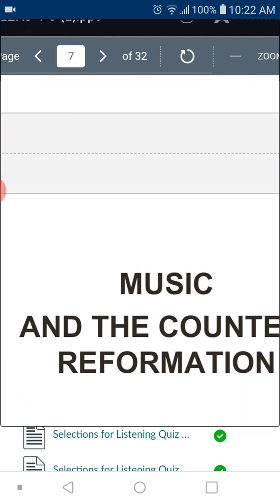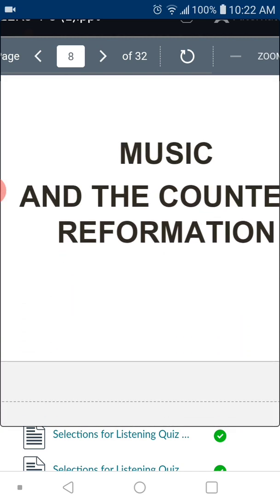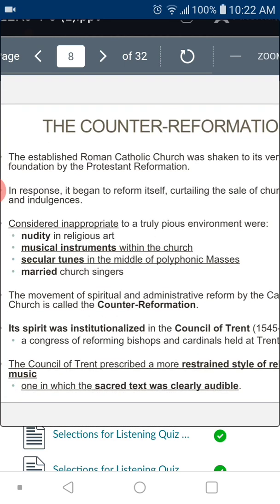So what happened is that because of the Lutheran and different Protestant religions that were rising in Europe at that time, we also talk about this period as the Counter Reformation, because the Counter Reformation is the reaction that the Catholic Church had, to stop the spread of Lutheran religions, basically.